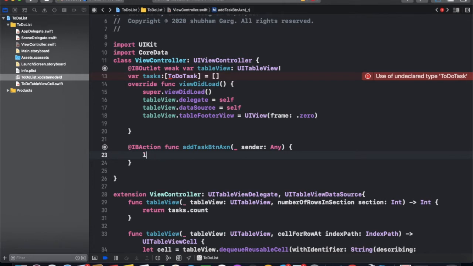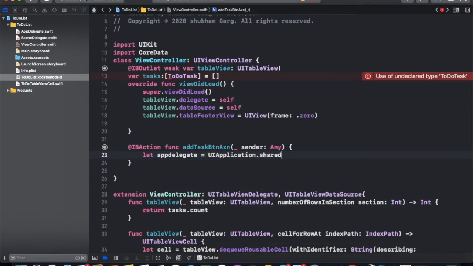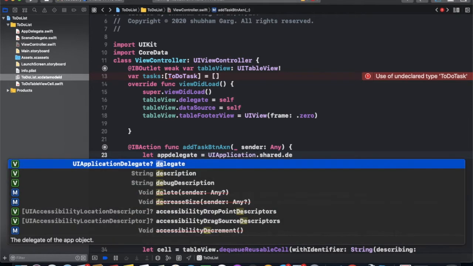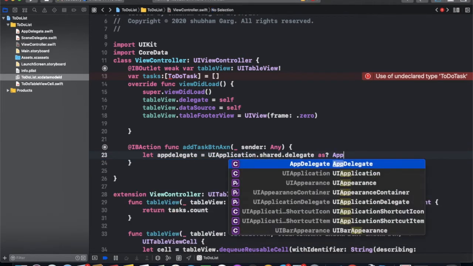First you need app delegate object to get a persistent container or context. So we have let app delegate, UIApplication dot shared dot delegate as app delegate.